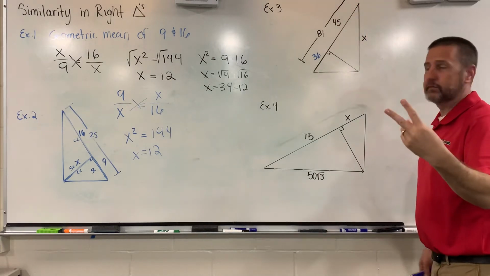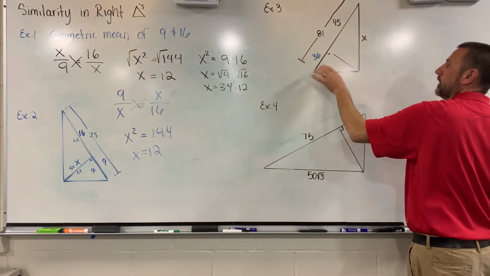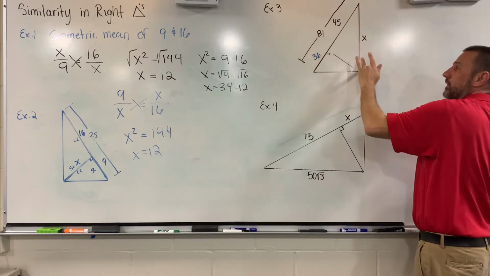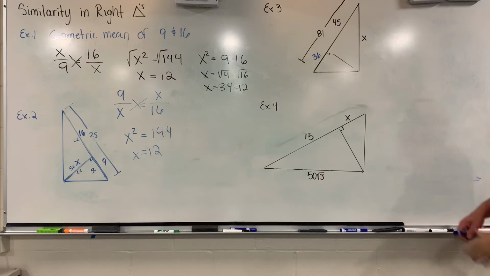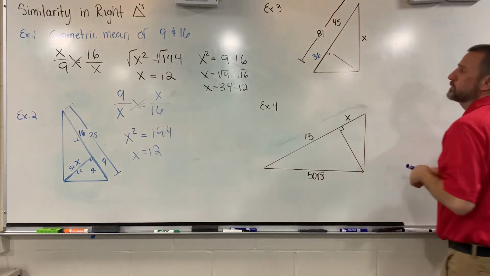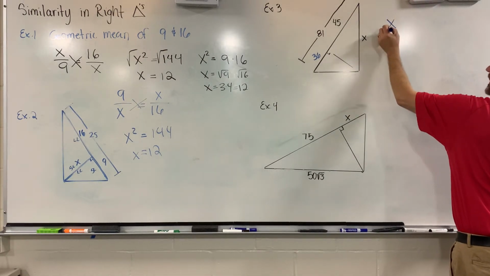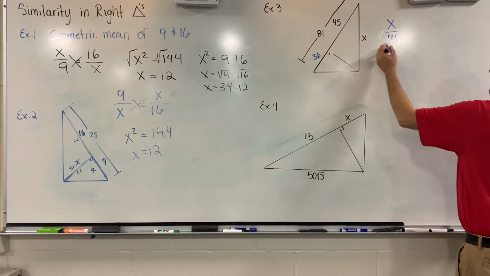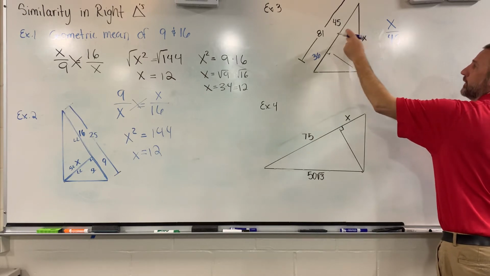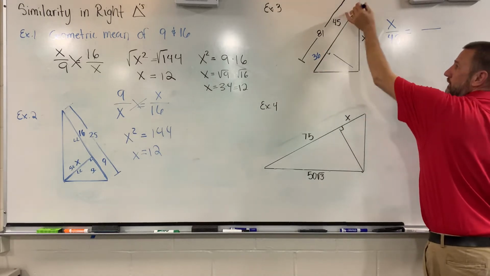So I've got two pieces of information, and then when I look at the big picture as a whole, this big one, I notice I have its hypotenuse, 81, and its long leg. So I have some information there. I've got a hypotenuse and a long leg, a hypotenuse and a long leg. So I'm going to go ahead and start my problem. I'm going to start off with x over 45, x being, in this case, the long leg for this triangle, or the hypotenuse for this triangle, 45 the long leg. Now I need another hypotenuse, that's 81